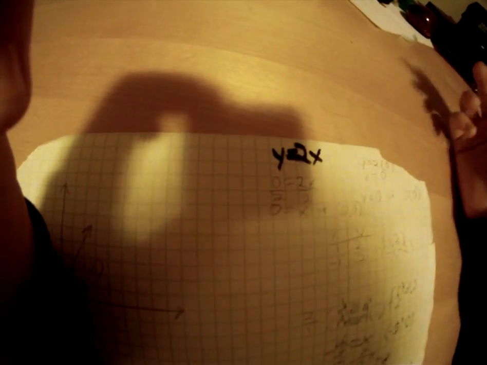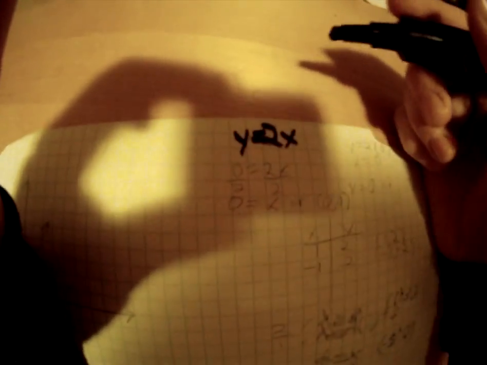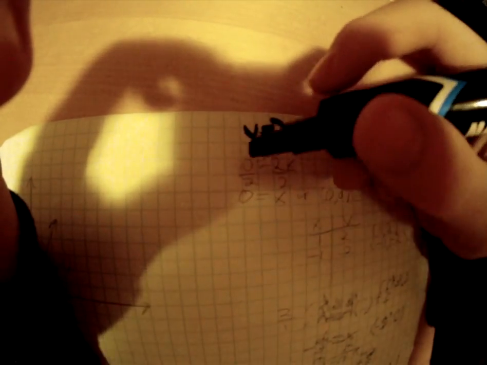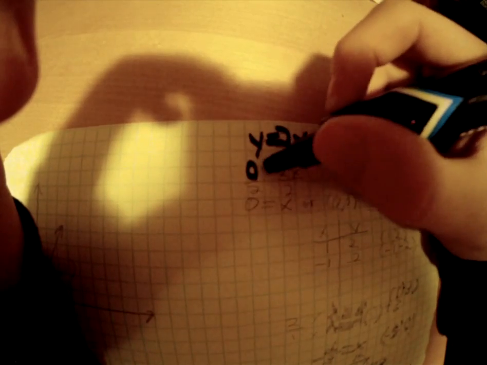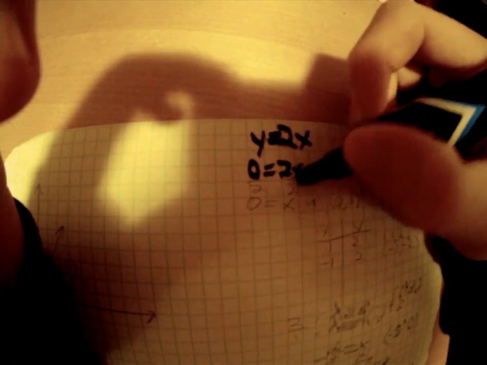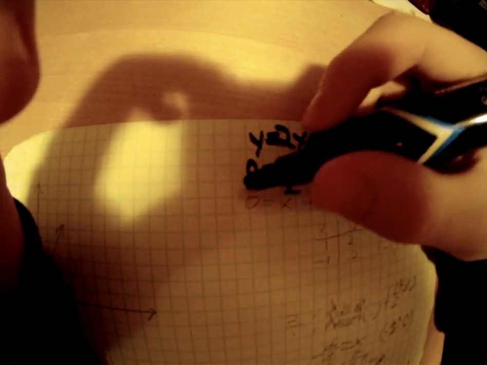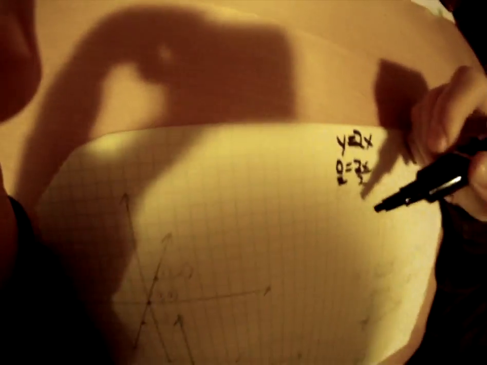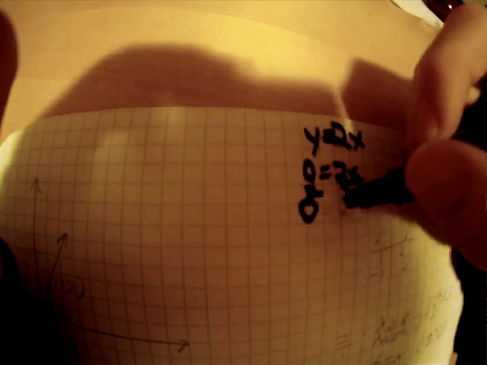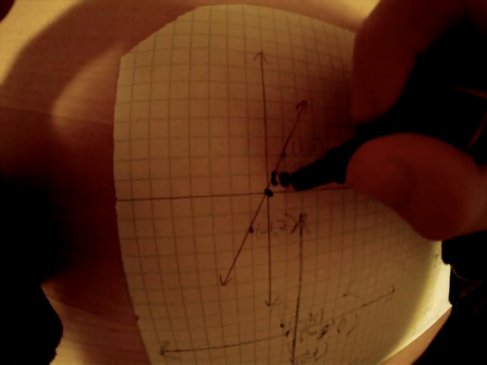So if you wanted to find the y and x intercepts first, you could find the x by setting y to 0. So you would do 0 equals 2x, then divide both sides by 2 to get 0, and that means x is equal to 0. And then you could plot that right there. That'd be at the origin on our